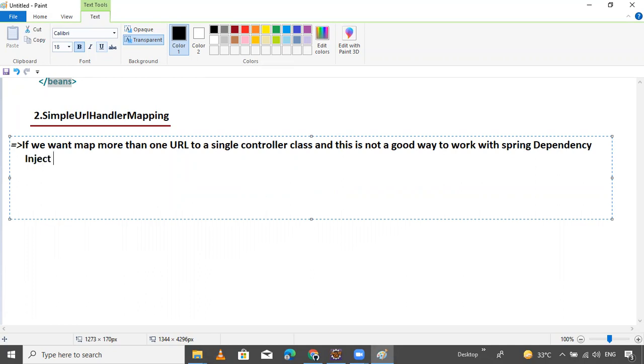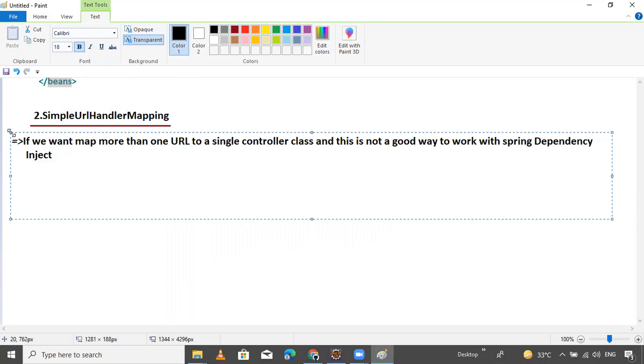It is not a good way to inject multiple controllers by using BeanNameUrlHandlerMapping.